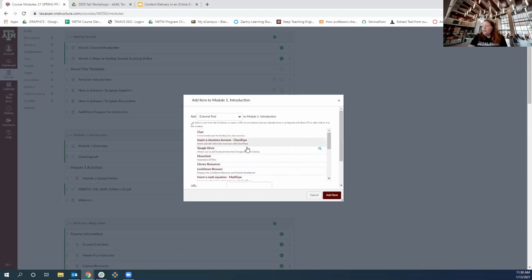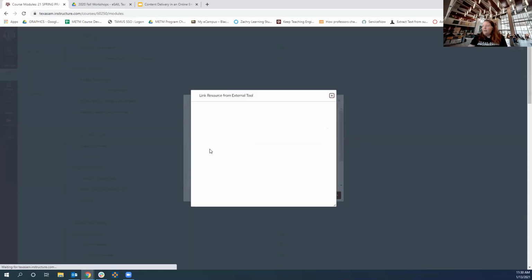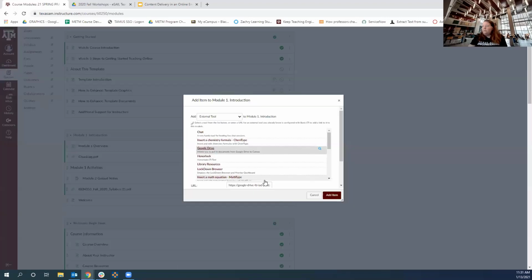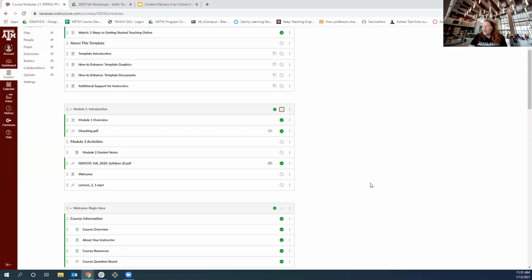But then also Google Drive. So what that does is it's going to take me to my Google Drive area. I can go to a folder I might have for lecture videos. I'm going to select the first lecture, and I'm going to hit submit, and then I'm going to add that item. And so now I have a link to that lecture.